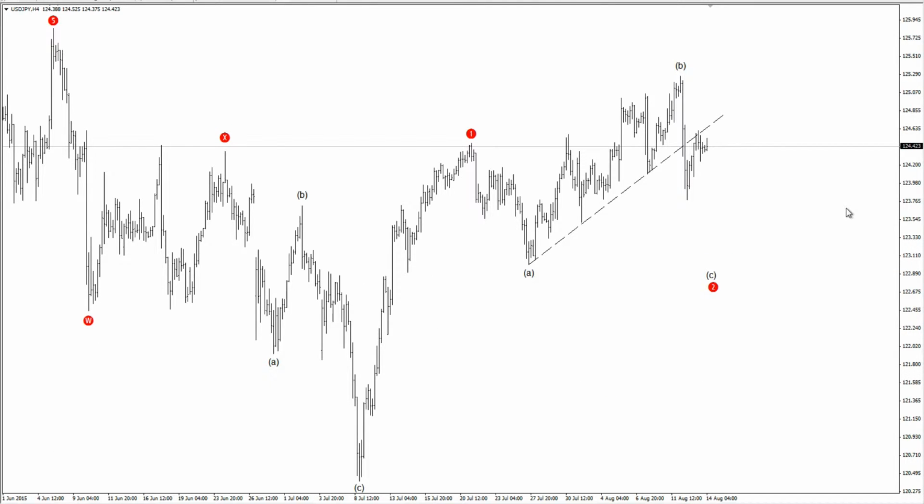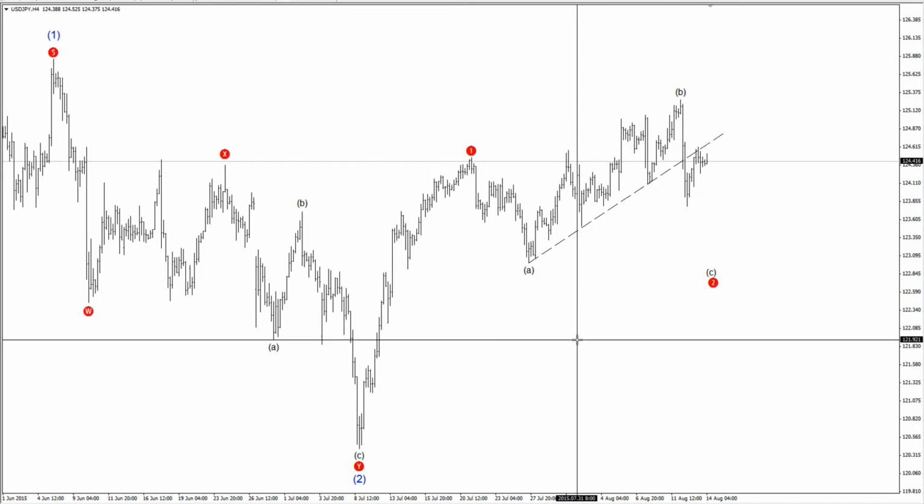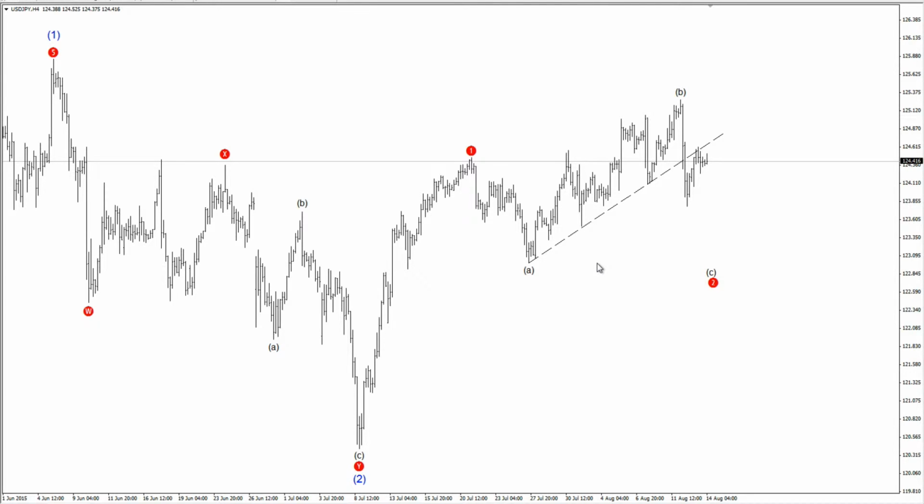Okay, let's move on to dollar yen. The decline has resumed on dollar yen. The trend line I have drawn on the chart, which connects the latest lows, has contained the upside and acted as a resistance level. I'm expecting more downside on dollar yen, and if this is going to form an expanded flat correction, then we should see a decline below the latest low of wave A around 123, a little lower than that. Key levels on dollar yen are that the support level at 123.78 is next on the downside, and immediate resistance is still the trend line at